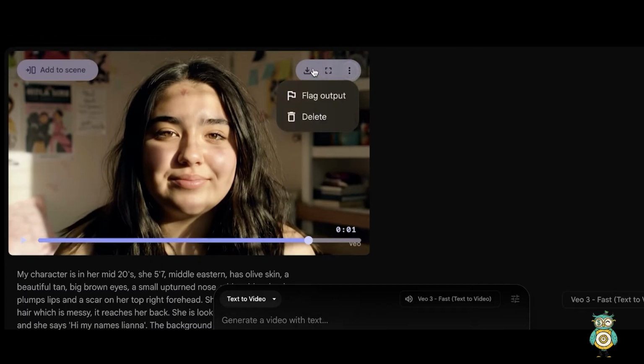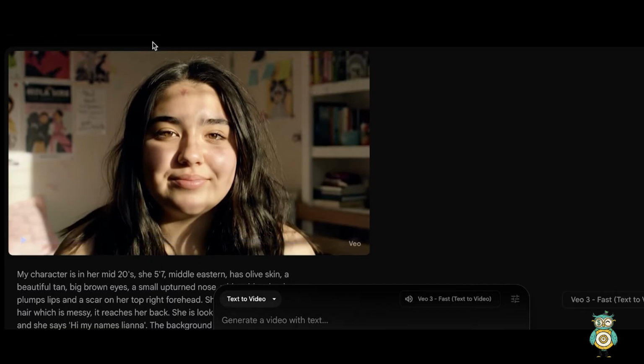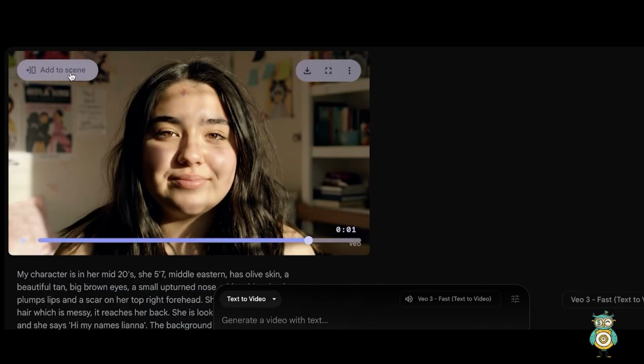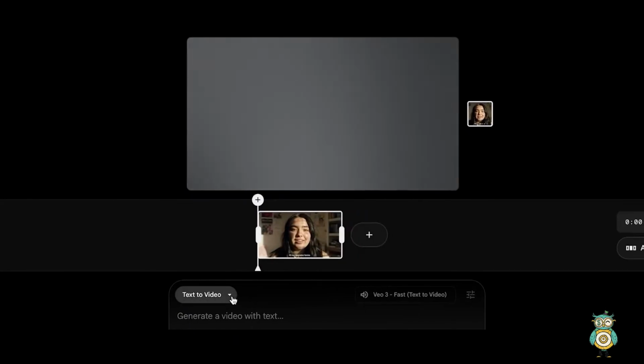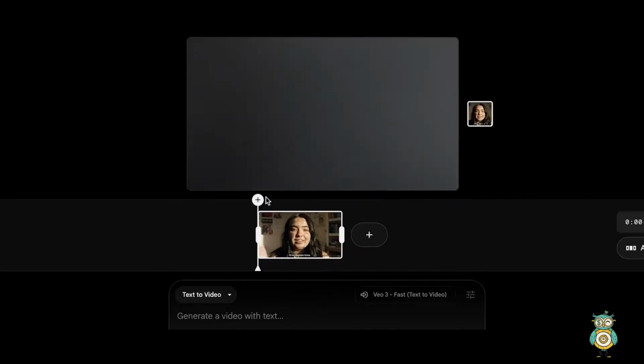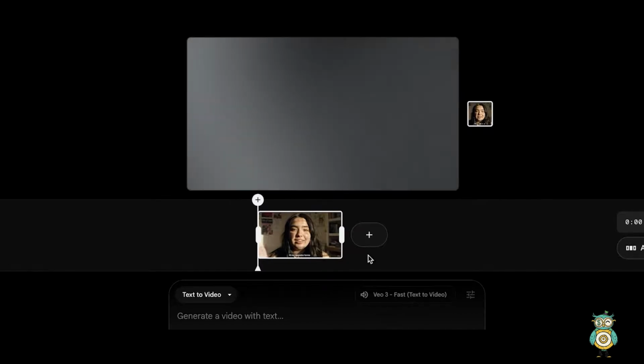video, and you guys can see you have your options on the top right, but you can see this option of adding to a scene on the top left. You're going to click on add to scene, and then you're going to proceed with your next scene. Whether it's a completely different scene, it does not matter. If you want your character to stay consistent, you're going to click on add to scene and then click on